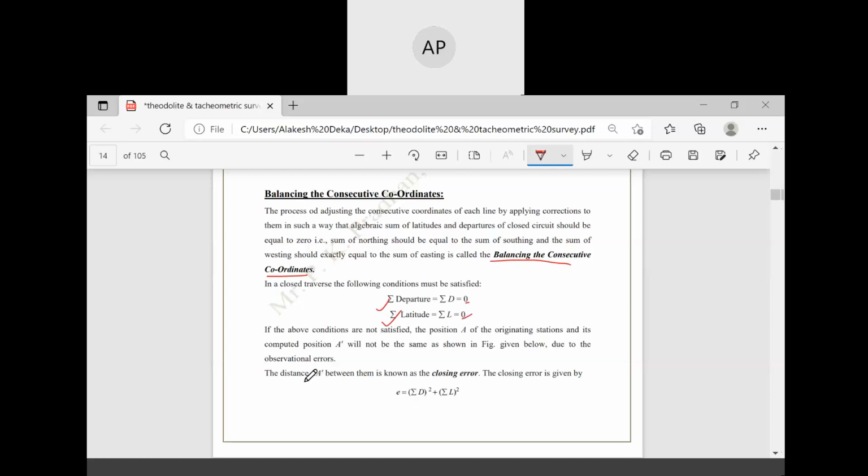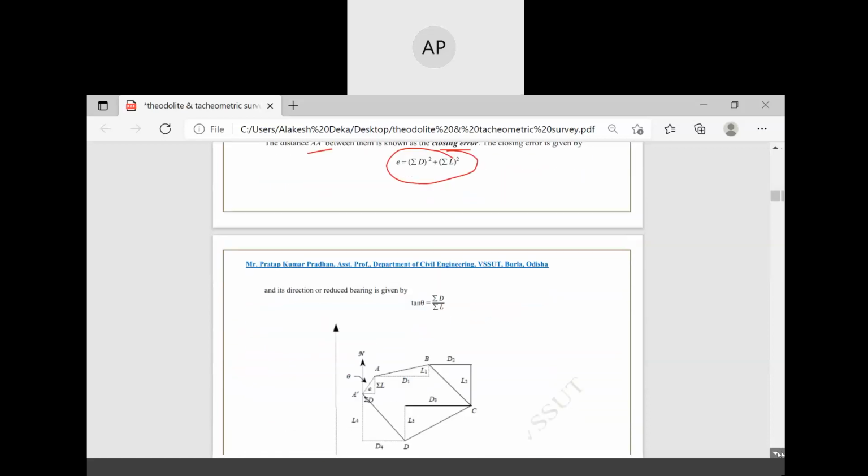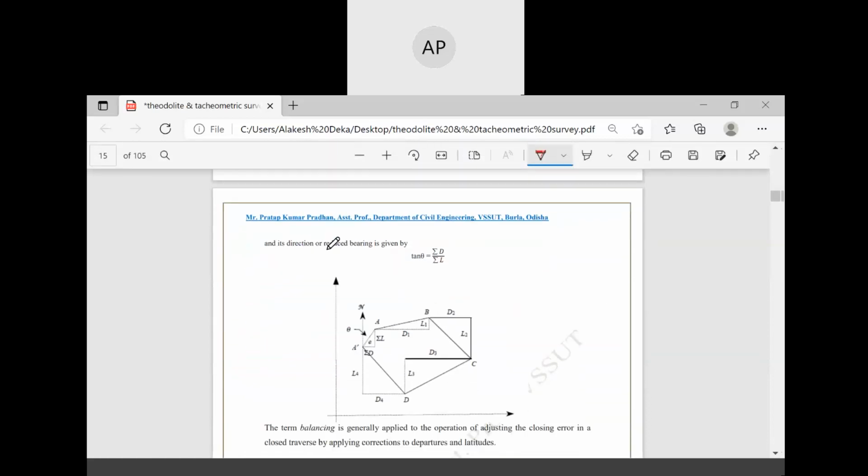And if the above conditions are not satisfied, the position A of the origin station and its computed position A dash will not be the same as shown in the figure, due to observation error. The distance AA dash between them is known as closing error and it is given by E equal to root of summation of departure whole square plus summation of latitude whole square. And the angle and its direction is